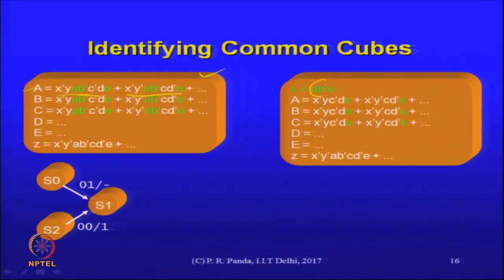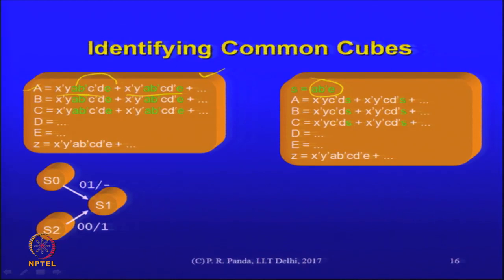That common cube is this much, A B prime E. So, these two expressions are different in terms of some of the variables, but they are common in terms of some of the other variables. We are just trying to find out which ones they are common in terms of, and for now let us just restrict our attention to the state part of it, A B C D E part of it, not to the x y. They can be treated similarly, but since this argument is about states, let us focus on the A B C